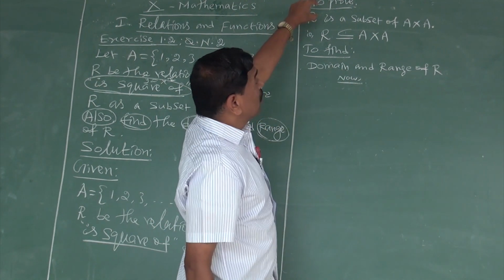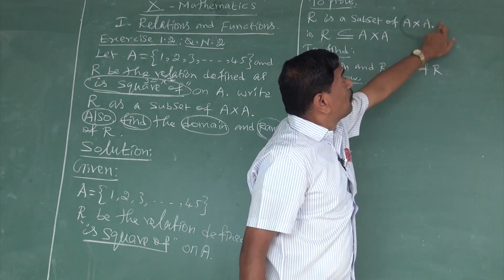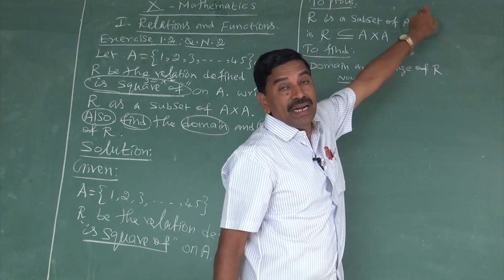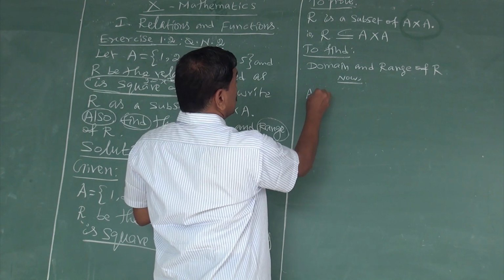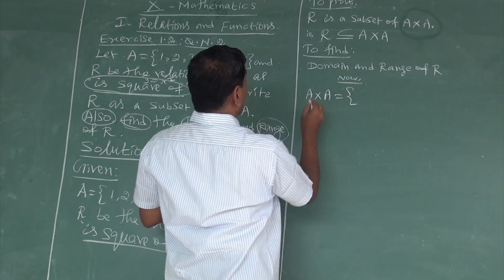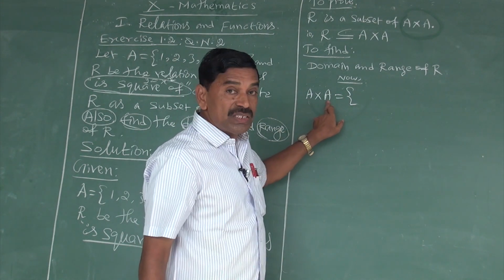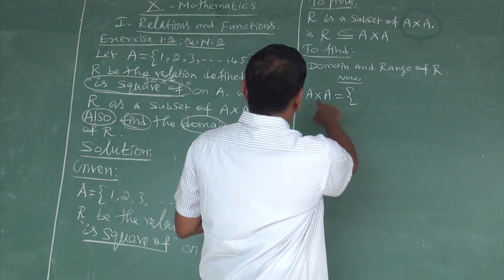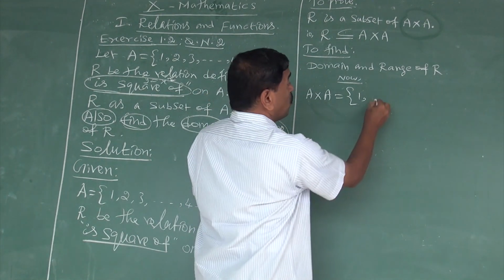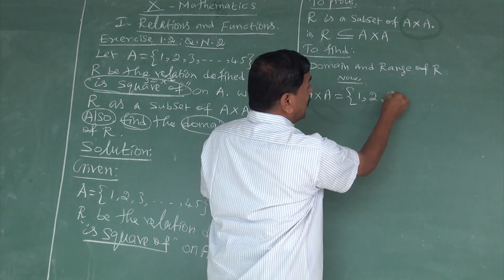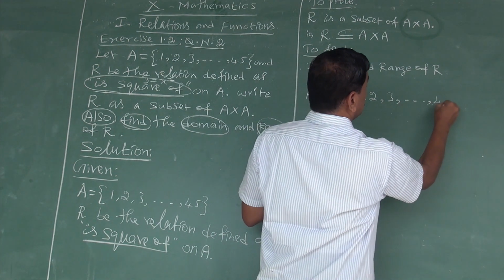First we want to prove the relation R is a subset of A cross A. So first we want to complete the Cartesian product A cross A. That is important. First let us complete the Cartesian product A cross A. A cross A is equal to, here first set A and second set also A. What is the set A? A set is equal to 1, 2, 3,